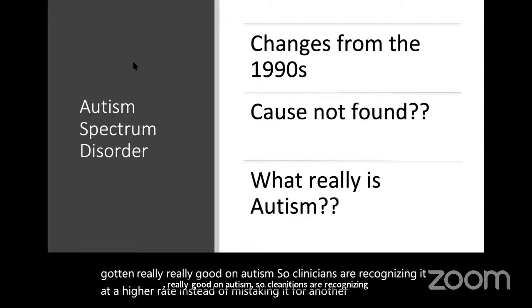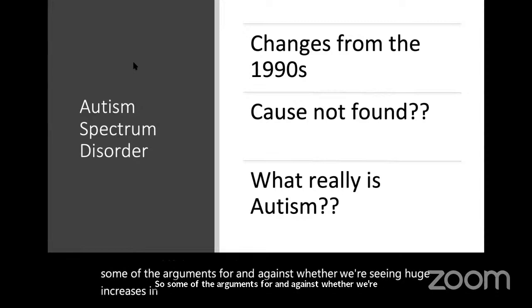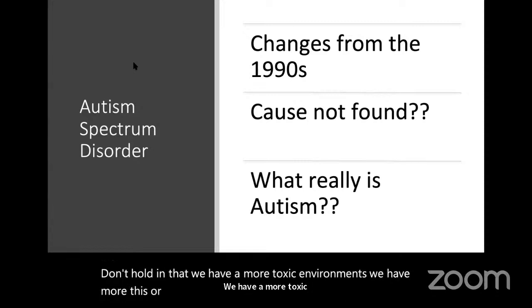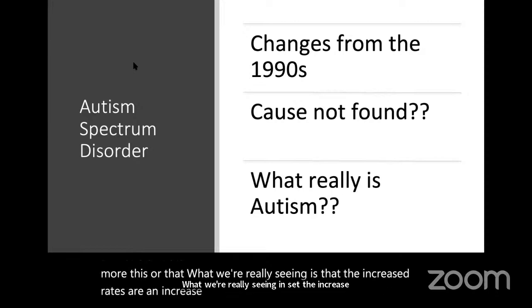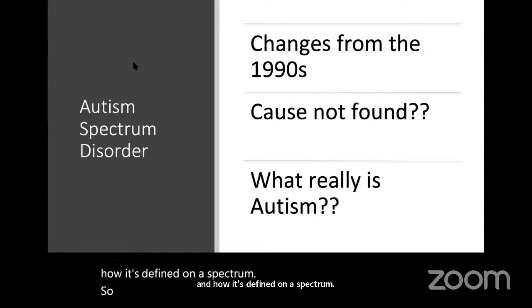So some of the arguments for and against whether we're seeing huge increases in autism don't hold, in that we have more toxic environments, we have more this or that. What we're really seeing is that the increased rates are an increase in the recognition of the disorder itself and how it's defined on a spectrum. Okay, so let's go on and look at